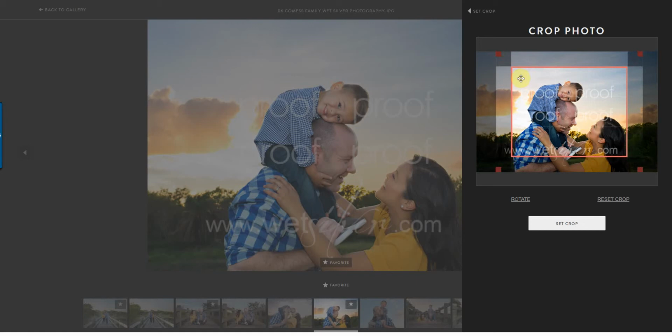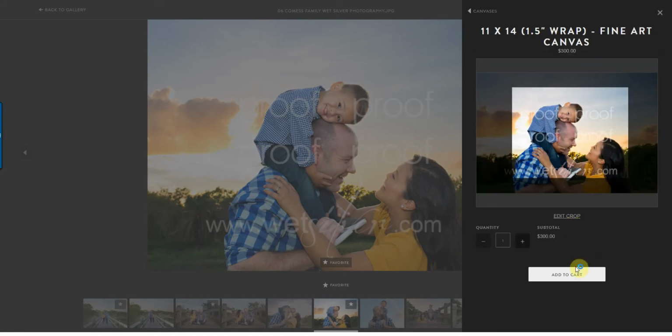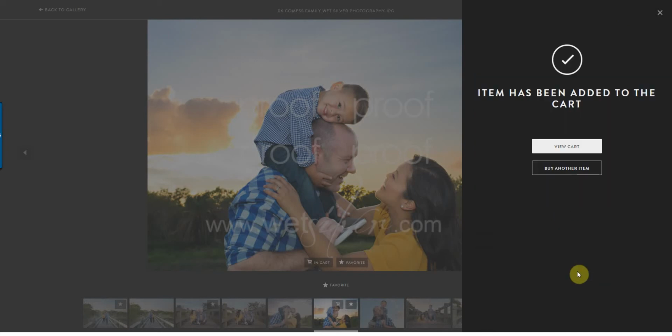If you need something adjusted, or if you want the edges to be black, you need to let me know, because I can put it in the gallery where once you add it to the cart, the edges will be black and not wrapped, which is one of my personal preferences, by the way. But let's go ahead and do that. Set the crop right there, and we'll add that to the cart. So now we also need